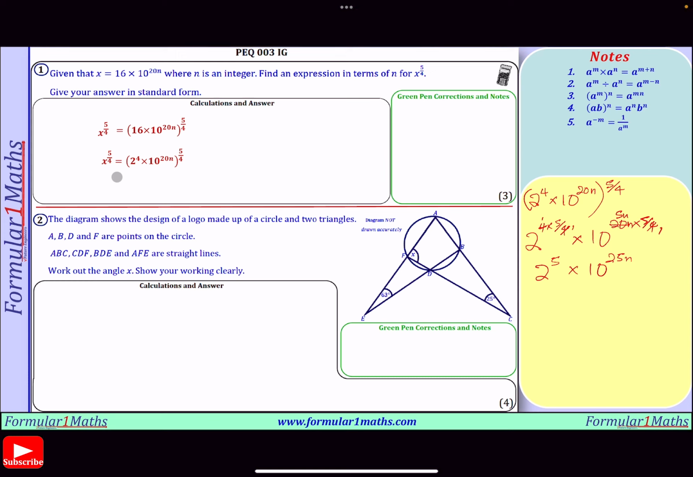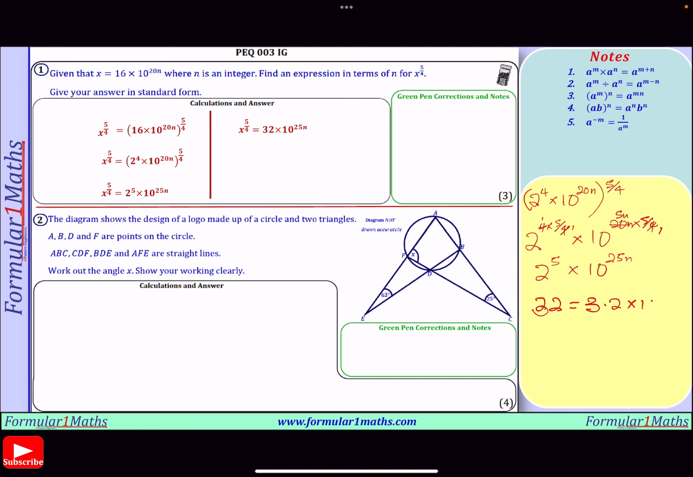So x to the power 5 over 4 now becomes 2 to the power 5 times 10 to the power 25n. But 2 to the power 5 is 32. So x to the power 5 over 4 becomes 32 times 10 to the power 25n. The question requires us to give our answer in standard form. This expression here, as it stands, is not in standard form because 32 is bigger than 10. So we need to write 32 in standard form, and 32 in standard form is equal to